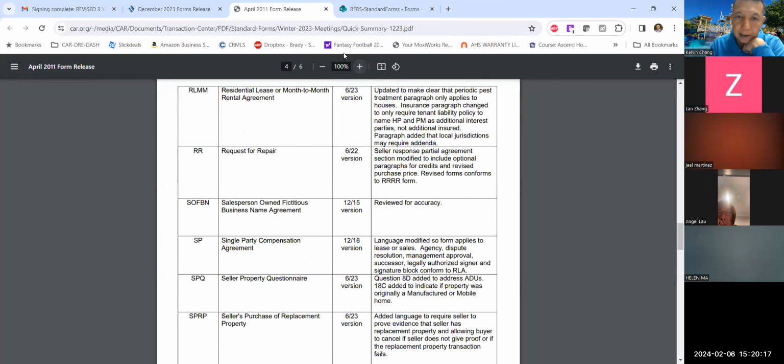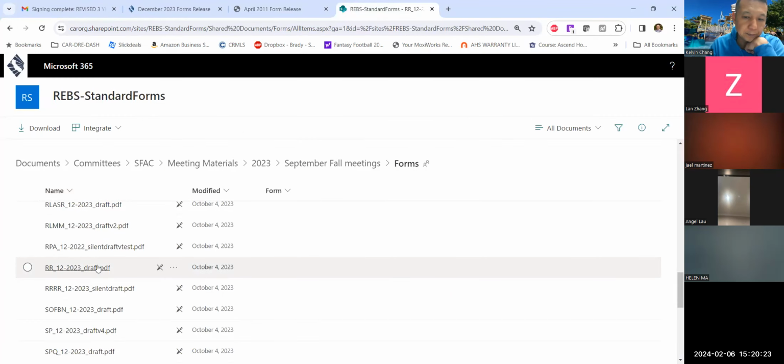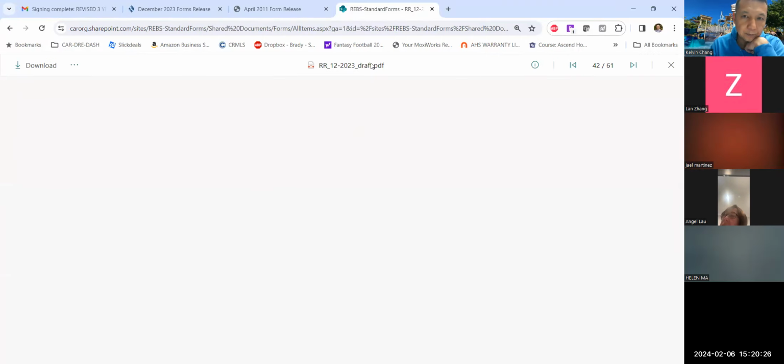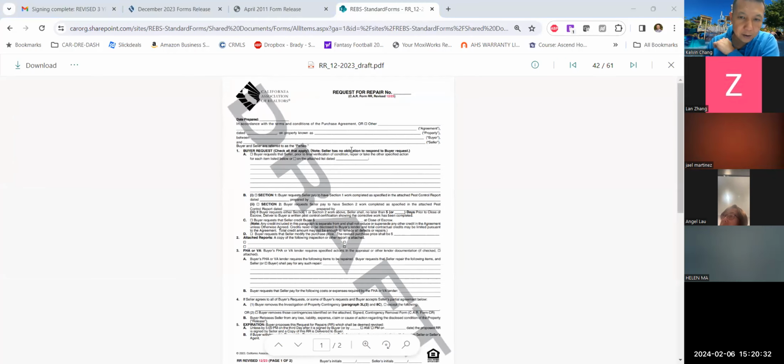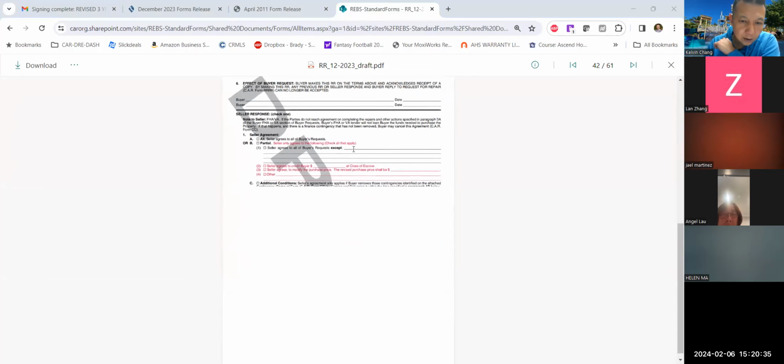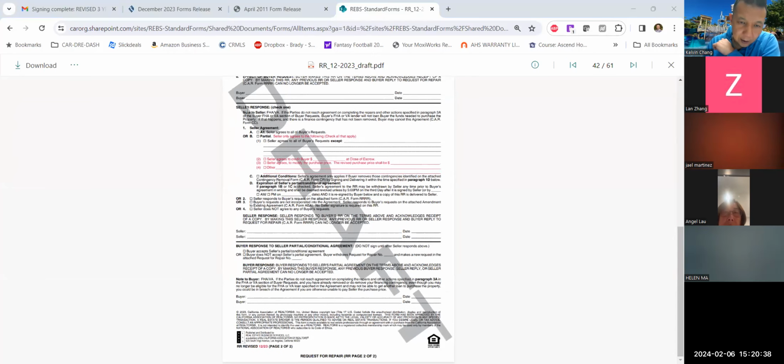Now, request for repairs. Let's look at the request for repairs form real quick. The request for repairs is often used when you're trying to negotiate for credits or repairs. Whether you're the buyer or seller, you need to know the small change here that on the seller's response, the seller can agree to all of the buyer's requests, the partial,